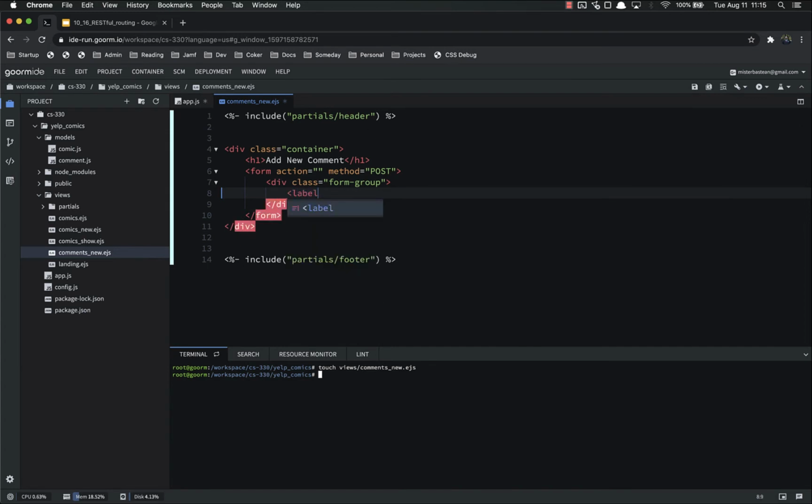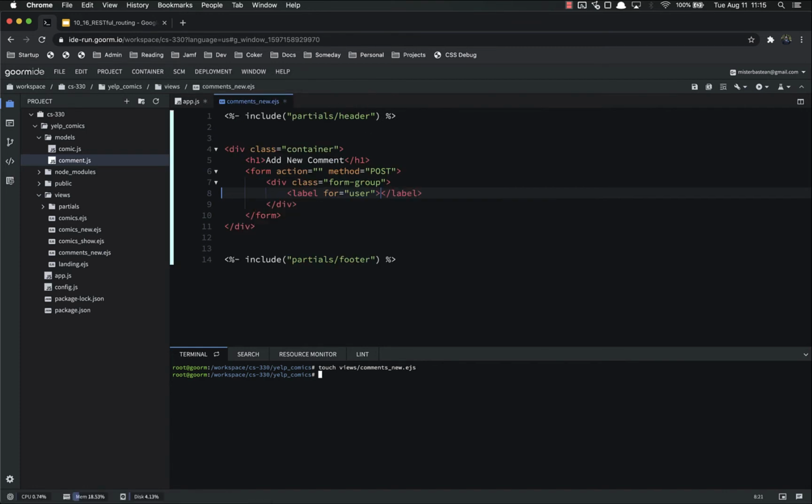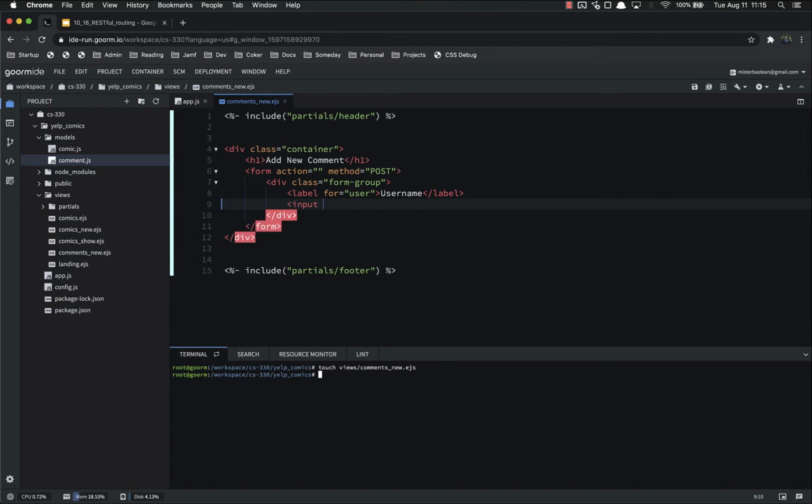So label for, and this is going to be user, because remember in our comment, three things we need are user, text, and comic ID. That's going to be username, and then the input type is going to be text, name is going to be user, ID is going to be user, class is going to be form control. I'm going to put a placeholder